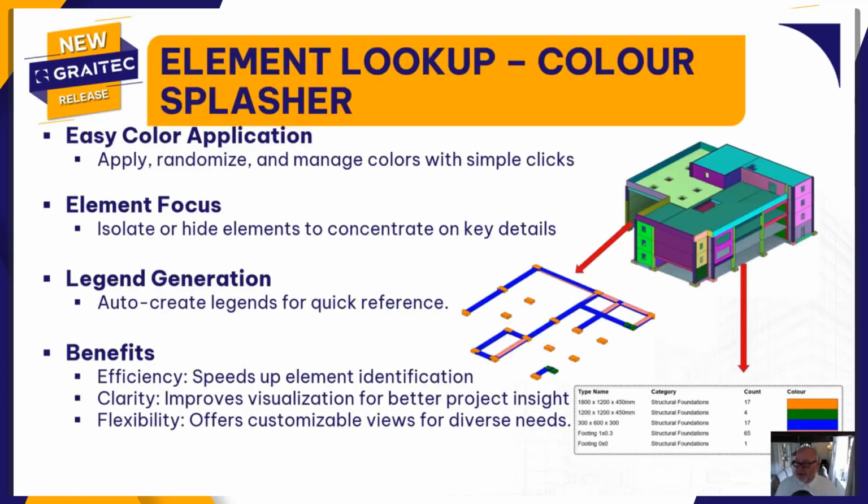Now, this is quite an enhancement and a new feature. Element lookup has existed in the PowerPack for quite a while now, and it's like the ultimate search engine. Rather than selecting everything in a view and then only being able to filter in Revit by the categories, so I can select all the doors very easily. However, if I'm trying to select